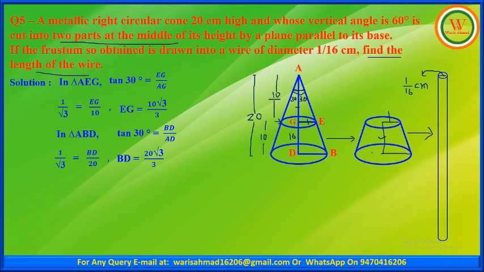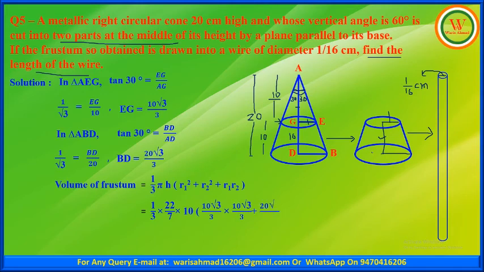So the volume of this frustum will be equal to 1 upon 3 pi h, under bracket r1 square plus r2 square plus r1 into r2. After that we will put the value of all the variables here. In place of pi we can write 22 upon 7, h is 10, r1, the value of r1 is